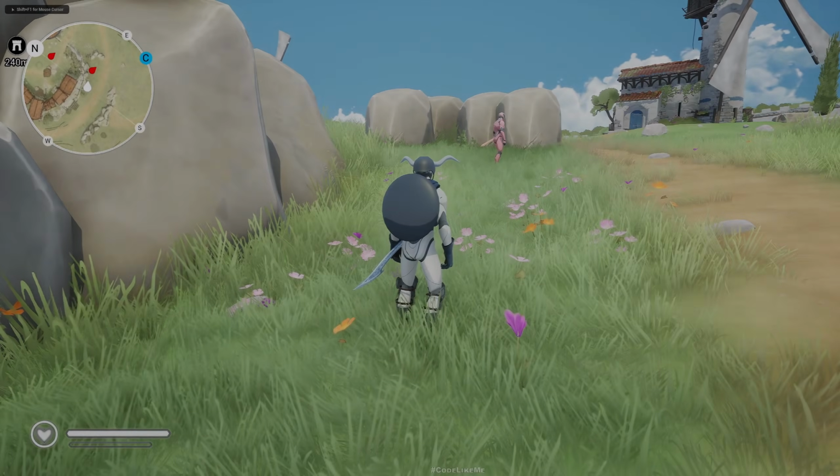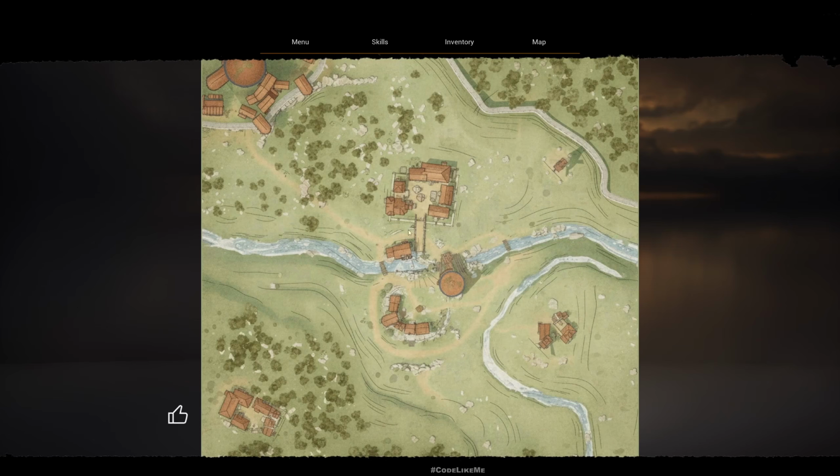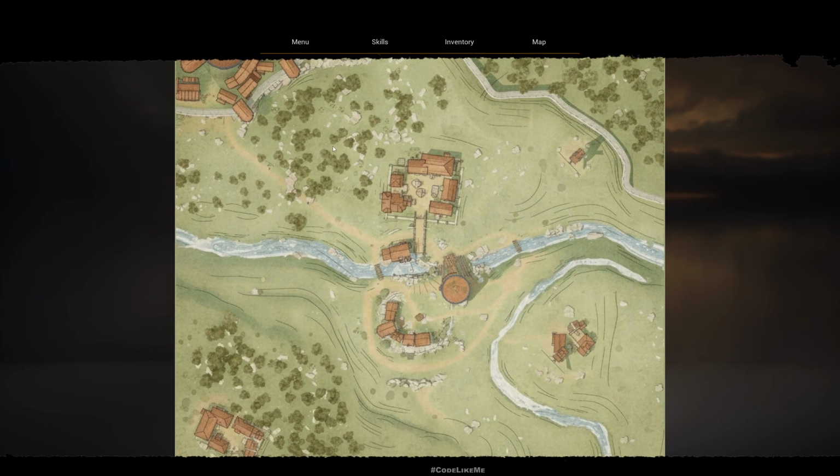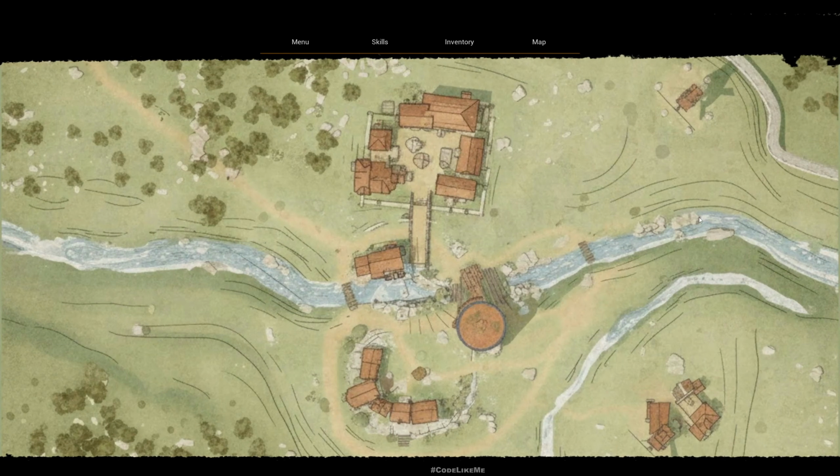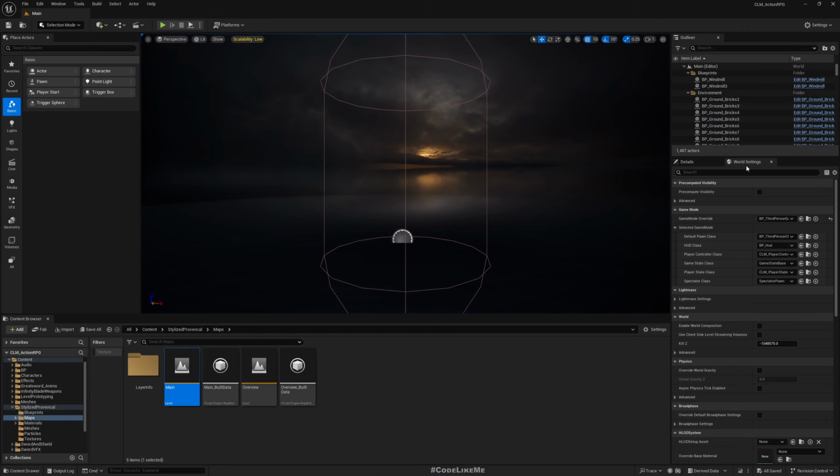Right, so this is what we have worked on so far. Here we can open the map and use the mouse wheel to zoom in and zoom out. Now the next thing I want to do is how to pan the map so we can move around and focus on different areas while we are in a higher zoom level. Alright, so to do that, let's